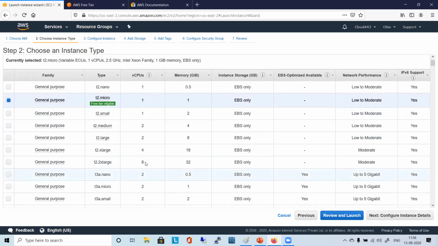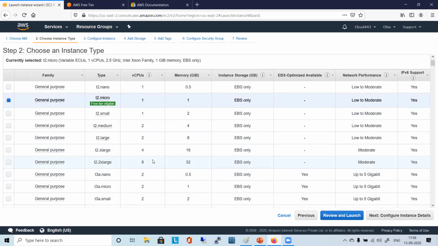When you try to check different types of instances and you see the vCPU and memory are exactly the same, then why should I go for the other one, right? So there will be certain unique features of that instance. Something will be different. That's why they have made that kind of instance, right?